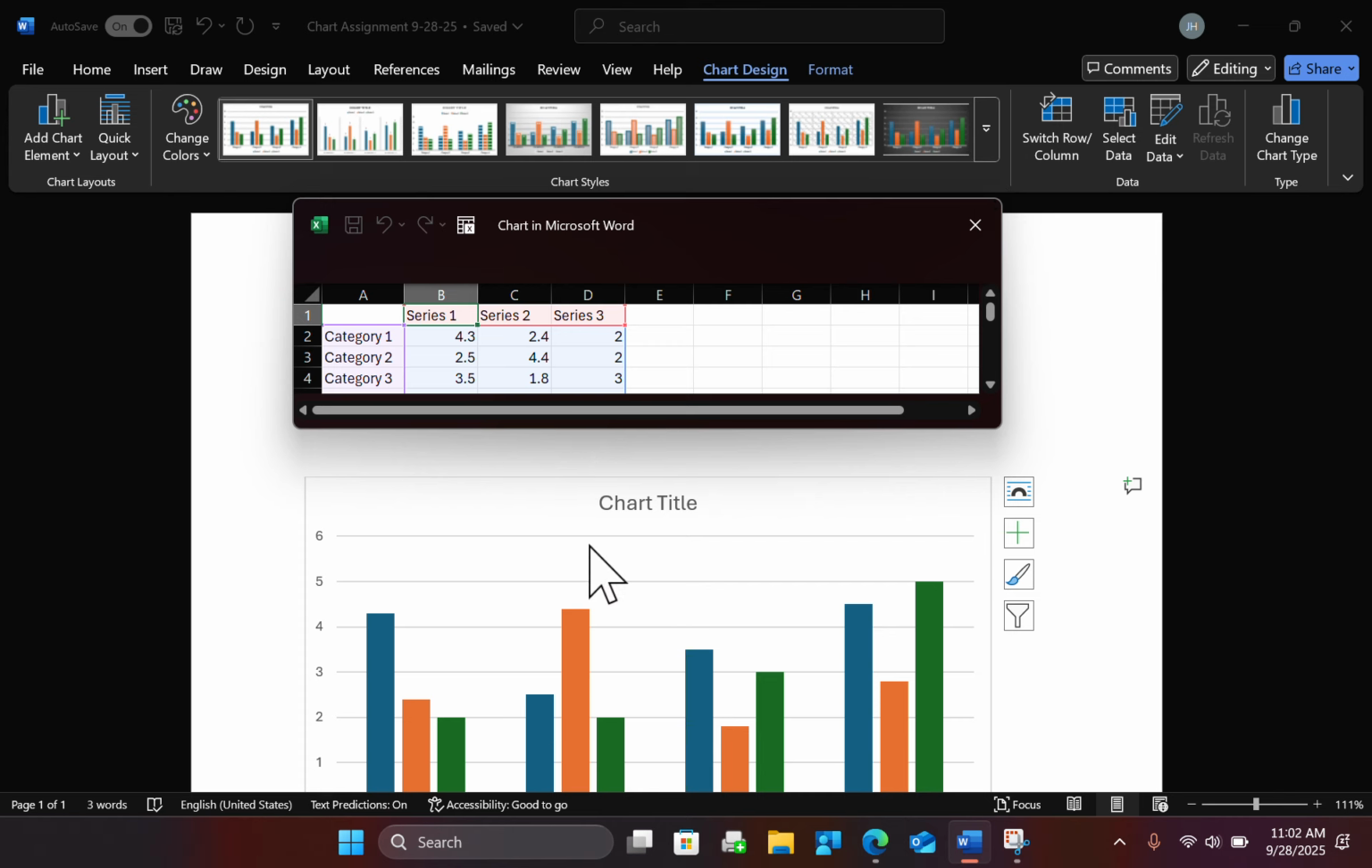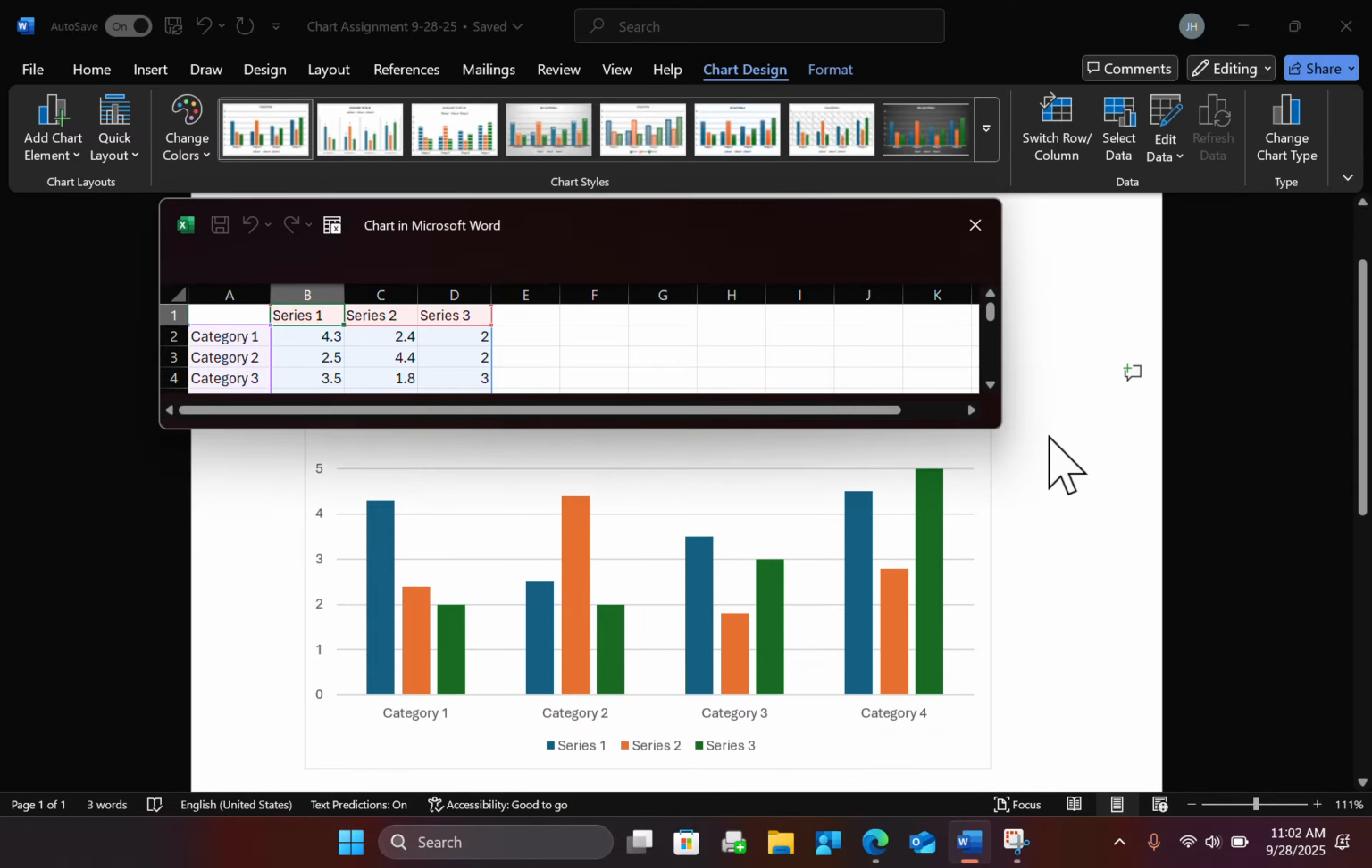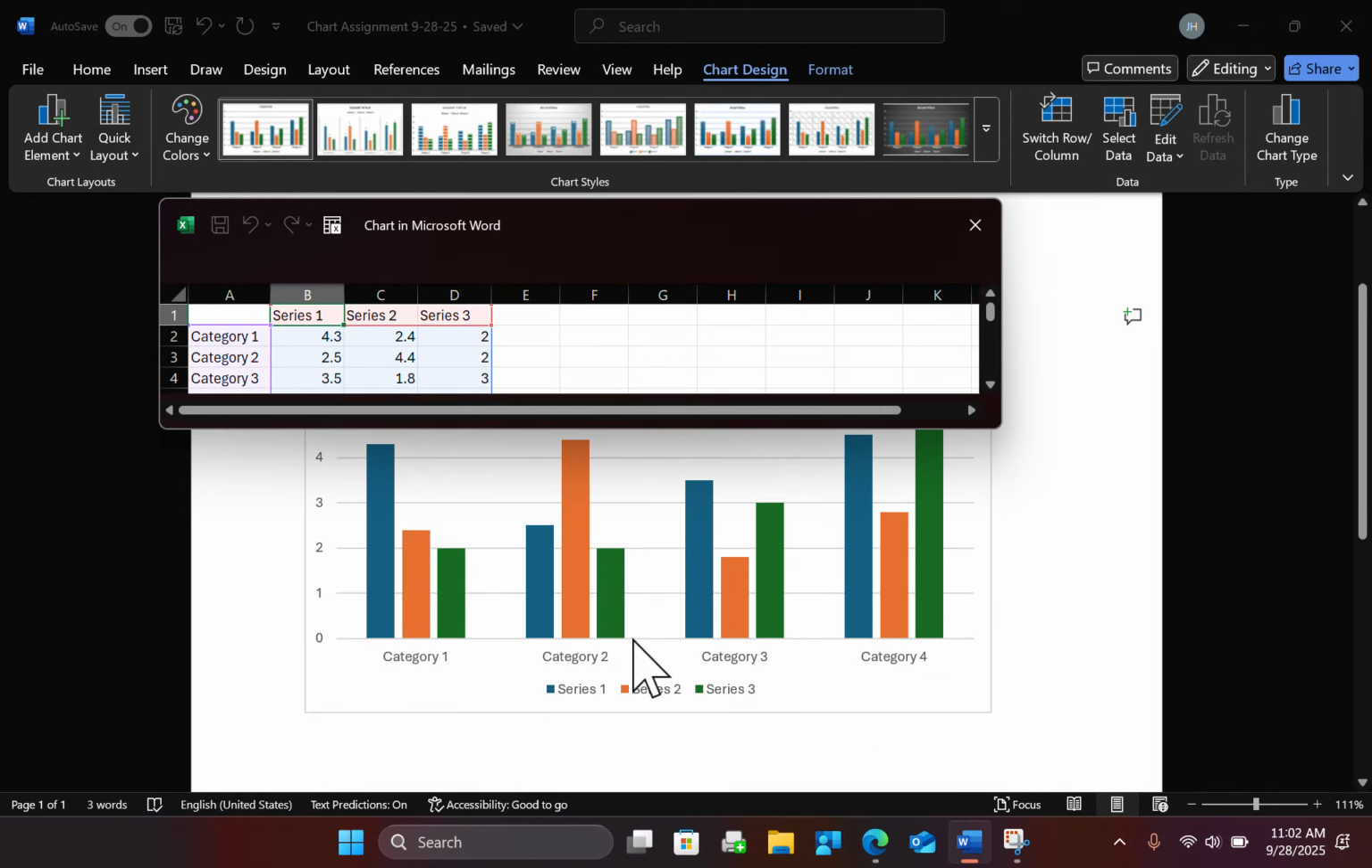When you insert the chart, you will notice an Excel spreadsheet will pop up. This Excel spreadsheet is automatically linked to the Microsoft chart as these charts are pre-made. But that's great because it actually allows for you to quickly make a chart. So notice category 1 is here and category 1 is in the Excel spreadsheet. So let's say I wanted to make category 1